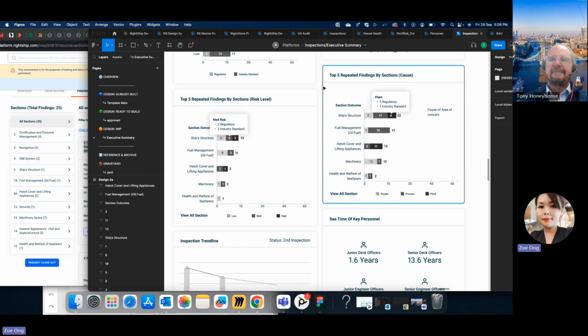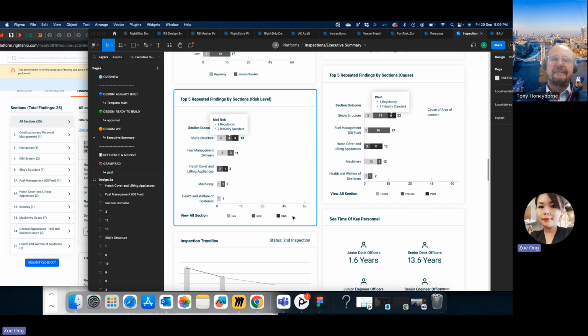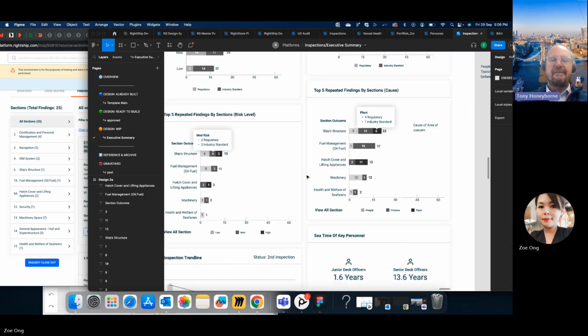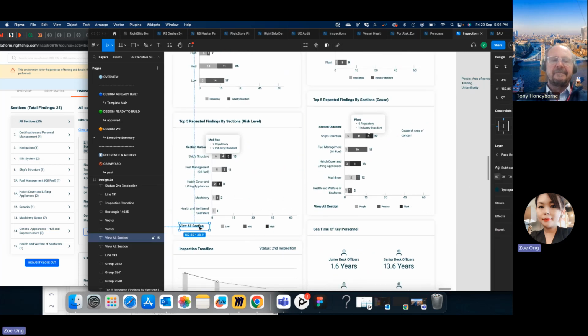Okay. So what we see here in this chart, is it sufficient enough? Yes, that's fine. It is sufficient, providing we can view all sections. Yeah, we can. So when you click on that, it becomes full page, and then you shrink it down again, right? We haven't decided how it should be navigated, whether it's a pop-out. Yeah, a pop-out to show all the repeated findings. Yeah. So this is good, but